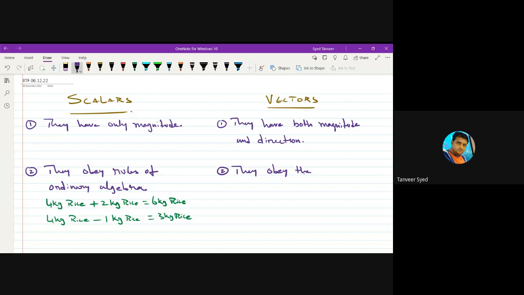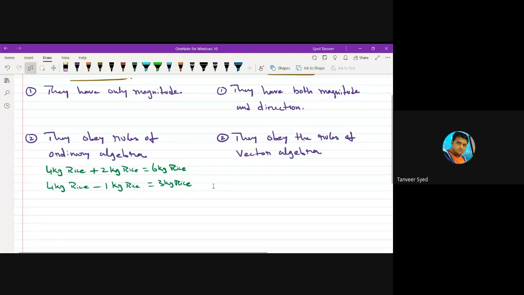What are the rules of vector algebra? We will learn in our coming classes. Don't worry about that. There are certain rules for addition, subtraction, and multiplication of the vectors. We'll study all these rules in detail in our coming classes. To understand in a simple way, for now, if I take an example,